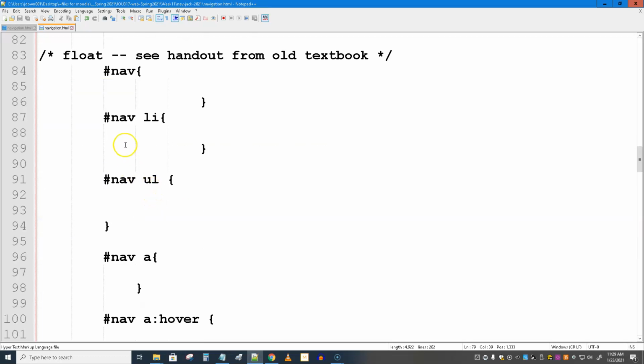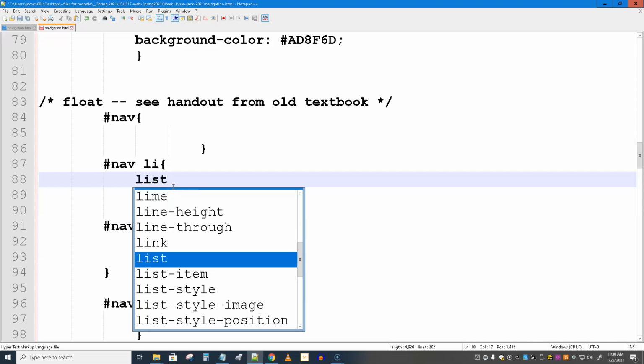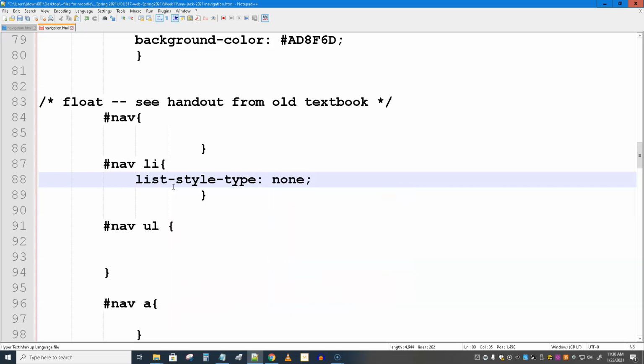With the floating one, we're going to start with the nav li. And here it is down here. So this time we're doing some work on those individual LIs. We're going to tell them list-style-type none. So we're going to take the bullets off, right? And now let's go to the UL, the overall container, and we're going to tell it padding